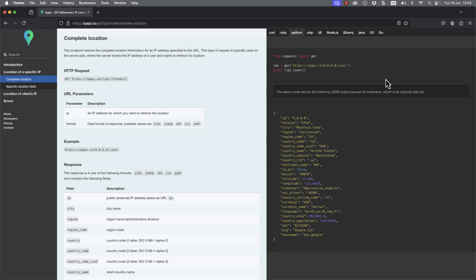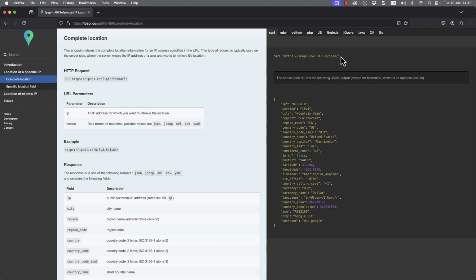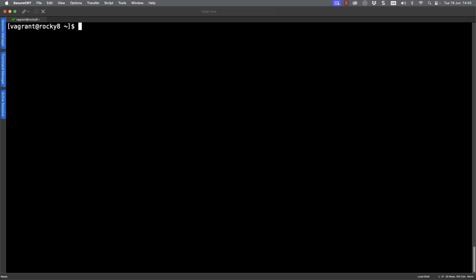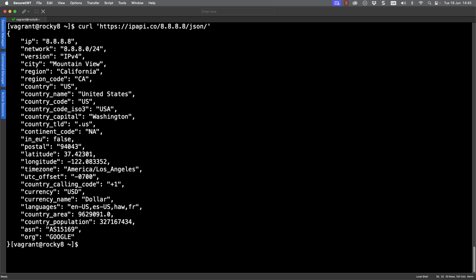Now for the moment, just for a quick demonstration, if I grab hold of the curl information and copy this, again, we can see this working from our command line. It's always good to test it from the command line before we start writing code to make sure our understanding is working properly. So if we choose the IP address and look at it in JSON format, we get the complete information coming back. But each one of those elements is a field that we can return separately. So I could look for the city, which is Mountain View.